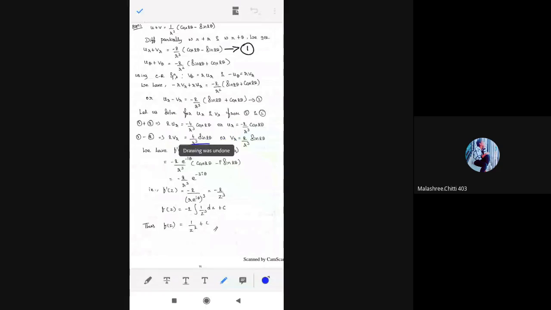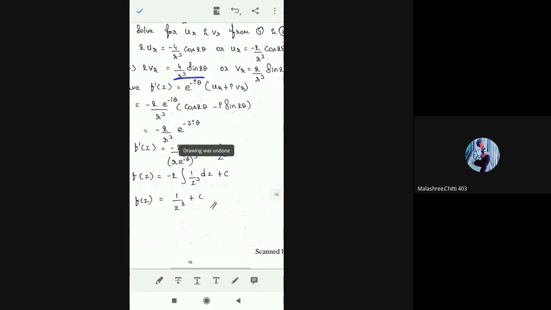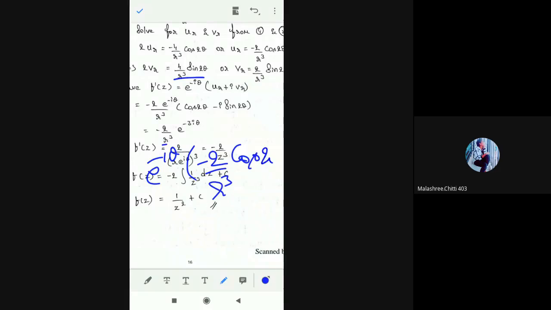So what is common here? In the place of ur, minus 2 by r cube. So 2 by r cube is common. We took minus also outside, or else if you are finding it tough, you can write directly. See here, e power minus i theta of ur place, minus 2 by r cube into cos 2 theta plus i into 2 by r cube into sin 2 theta. Close the bracket.